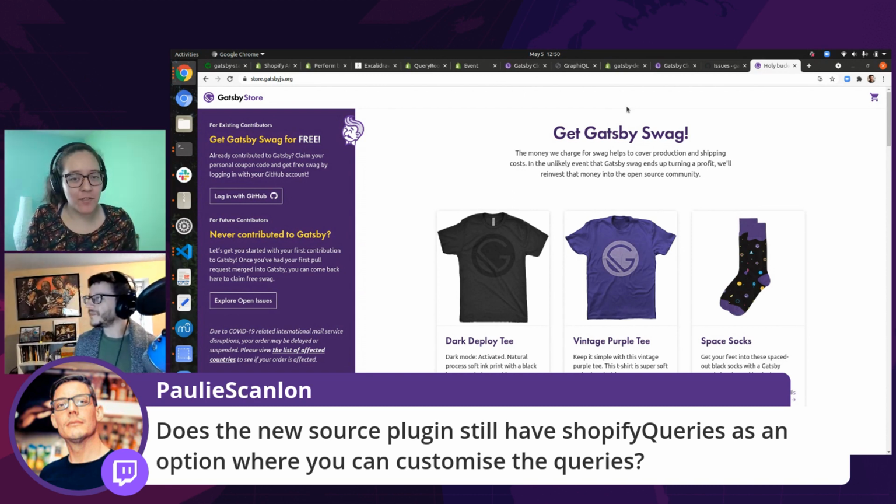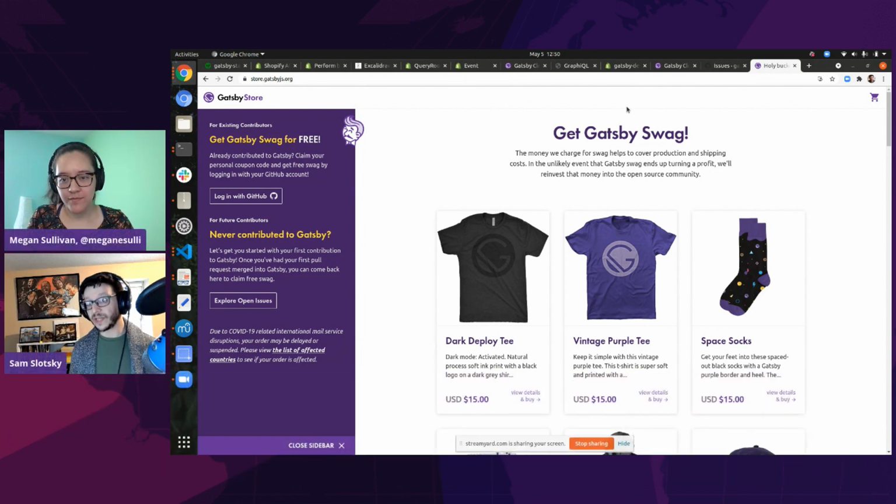Does the new source plugin still have Shopify queries as an option where you can customize the queries? No, it doesn't. If that's something that you really need, then again, let us know. If you're saying I want the product query to look like this instead of that, I suspect that it's going to be hard to make that work well, right? If we replace our products query with yours,